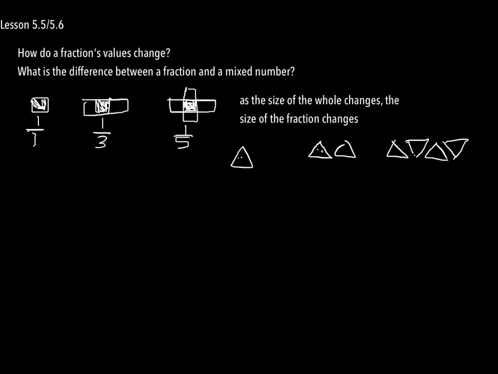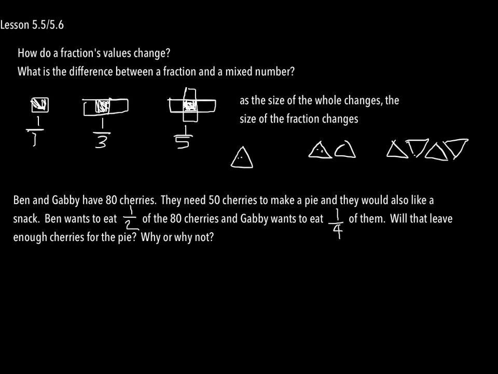So give me a second to type it up, and you guys cut it out and paste it. Ben and Gabby have 80 cherries. They need 50 cherries to make a pie, and they would also like a snack. Ben wants to eat half of the 80 cherries, and Gabby wants to eat 1/4 of them. Will that leave enough cherries for the pie? Why or why not? Now, when we look at this, we have to think about how many they are going to eat. So if they have 80 cherries,